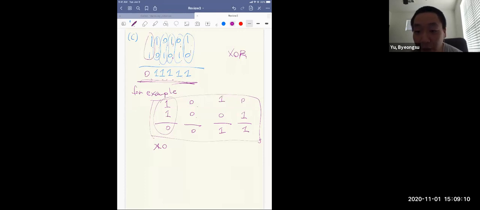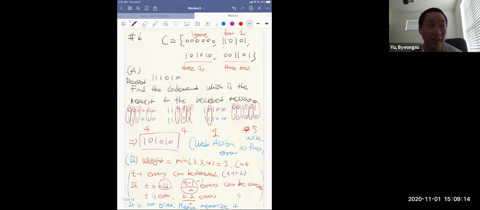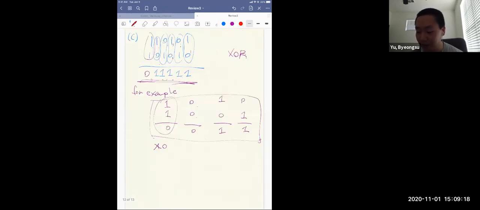How did you know the weight of code? Oh, okay, that's a good question. So weight of code is just the minimum number. Okay, I'll just put it here. Weight of code is just the minimum number among all codes,